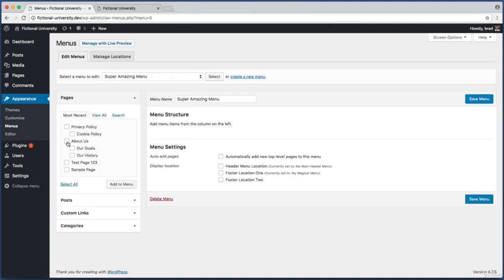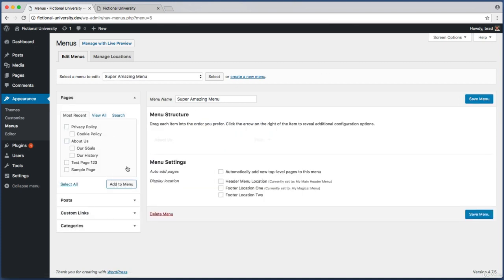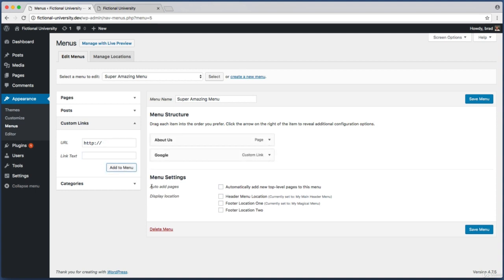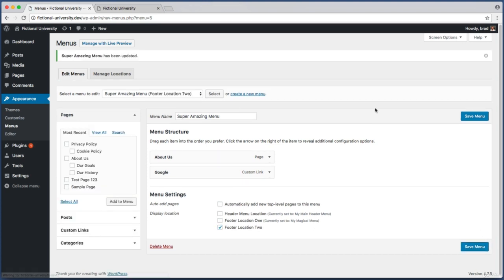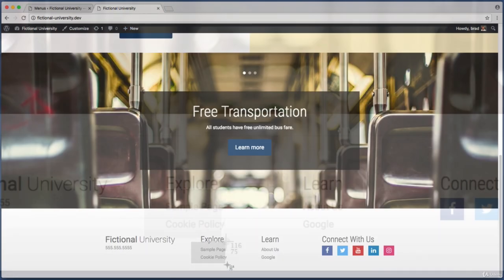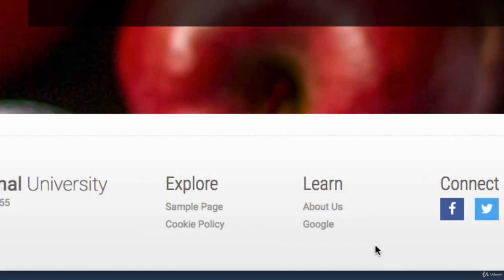And maybe this one will just have a link to the About Us page. And maybe I'll create a custom link here to google.com with link text of Google, add to menu. The important part, display location, let's assign this to footer location 2, then click Save. And now if we refresh the front end of our website, cool, we see those custom dynamic WordPress menus that